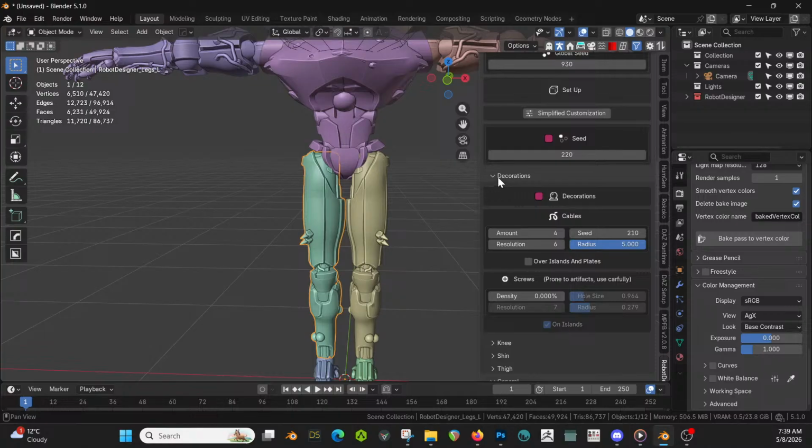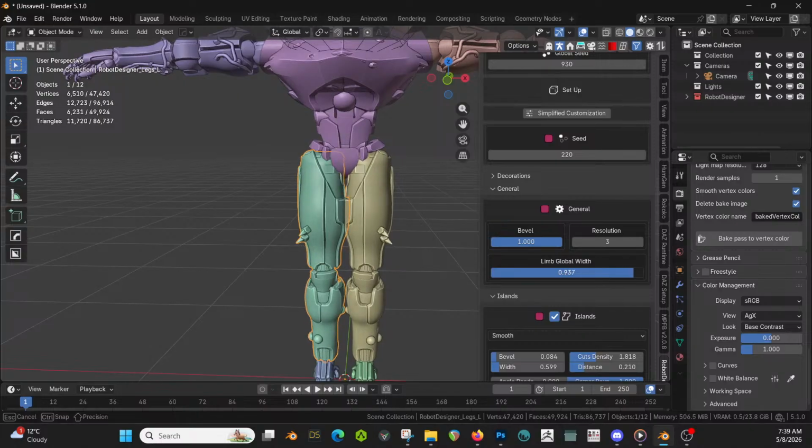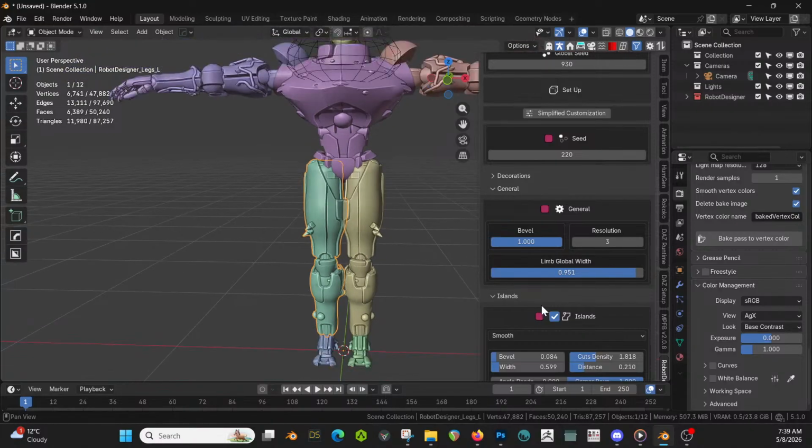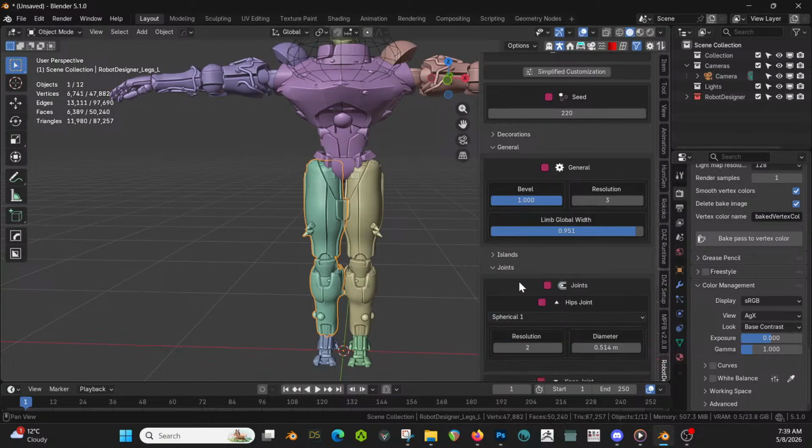Let's go to 4. Okay, decorations, general. So we can globally make them a bit bigger, which I think we're gonna do like that. But we can't pull them out right now, which is also annoying. I emailed him about it, and he's like, "Yeah, it messes with the Mixamo rig." So